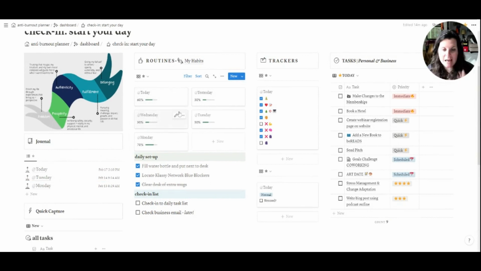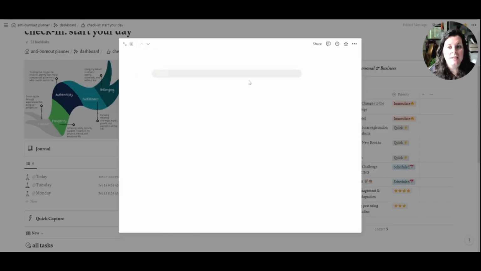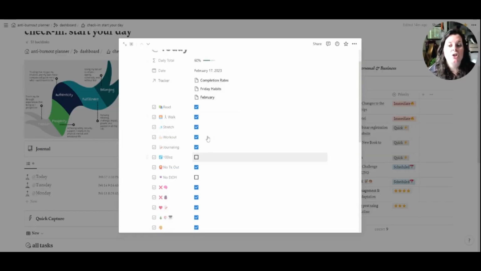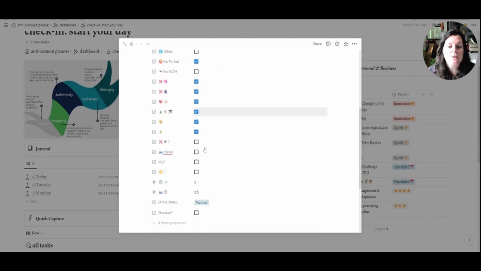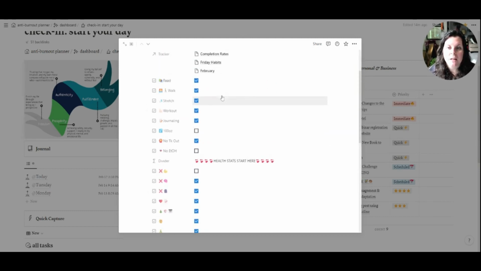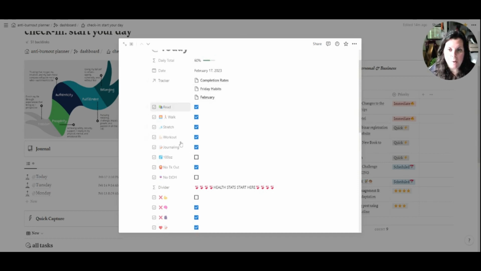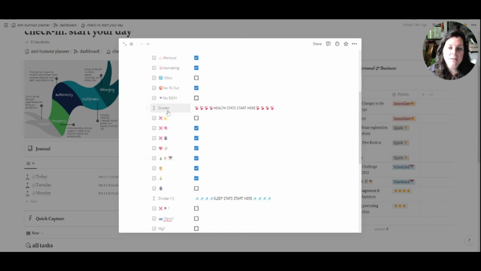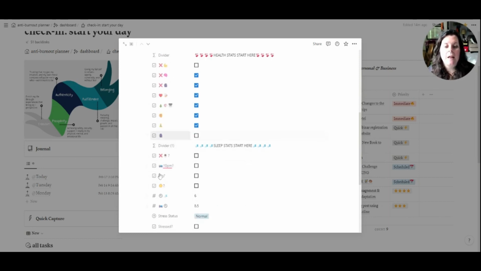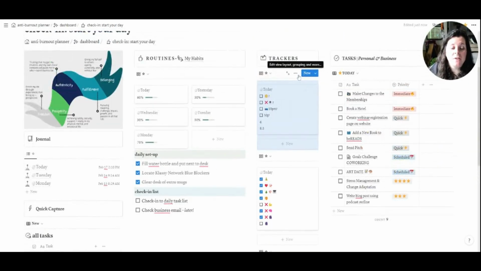So then the next thing I go ahead and do is I check in on my trackers. This tracker that is showing up over here is actually the same one that I created to check in on my habits. I use this habit tracker to do 3 different things: to track my habits, which is this part on top here, to track my health stats. What these are is various different forms of rest that it's really great for us to get in over the course of the day. And then at the bottom here, I track my sleep stats. So that's actually what all of these trackers are over here.